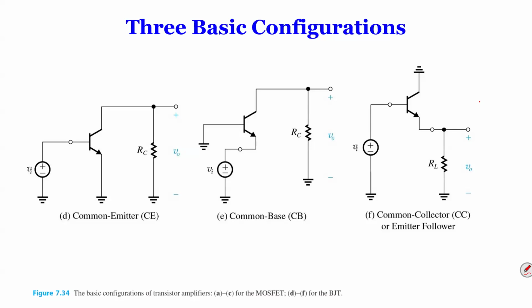So for these three configurations, we can also easily use the pi models to find the gains. We can start with the common emitter one. Again, find the transistor and replace it with the pi model. Now, in this case, the difference is that